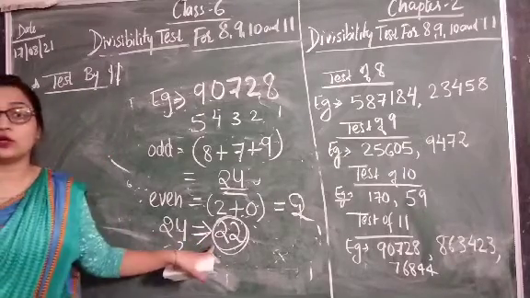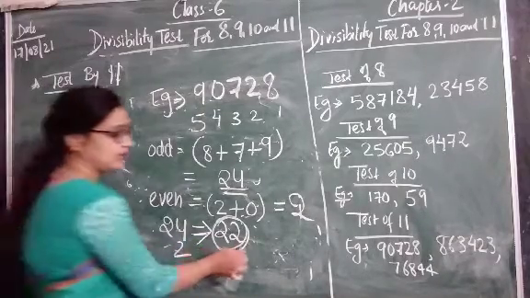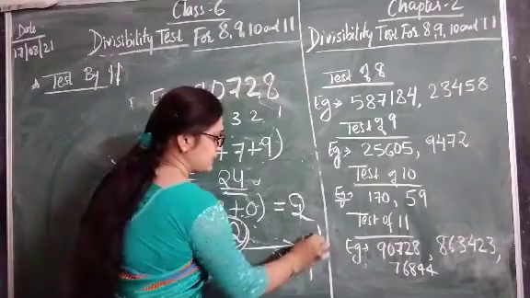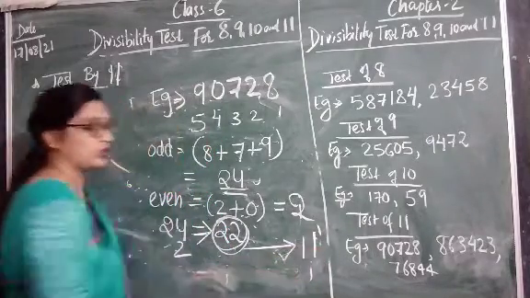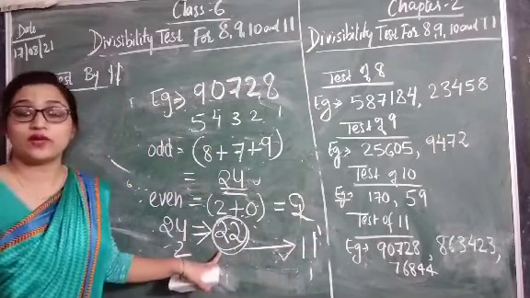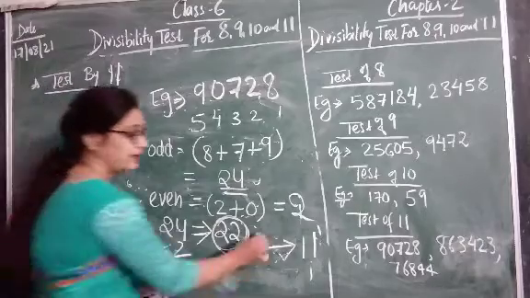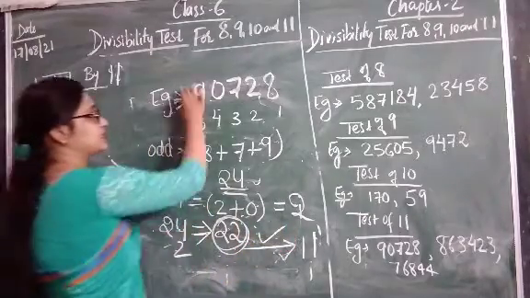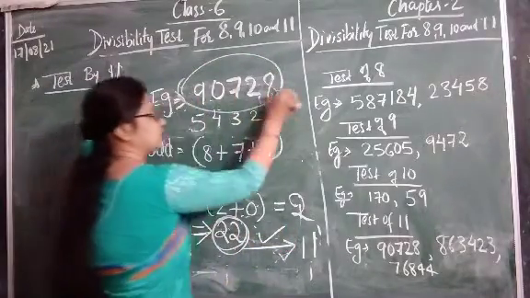So 24 minus 2 is 22, and check whether this 22 is divisible by 11 or not. If the number we are getting is divisible by 11, that means the given number is